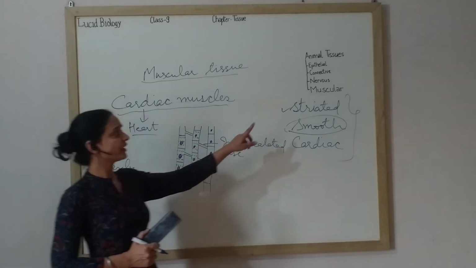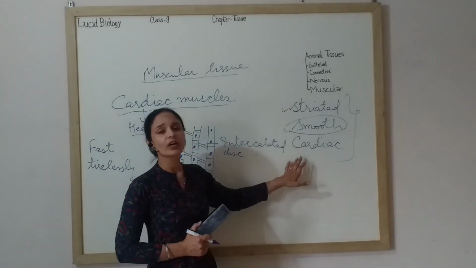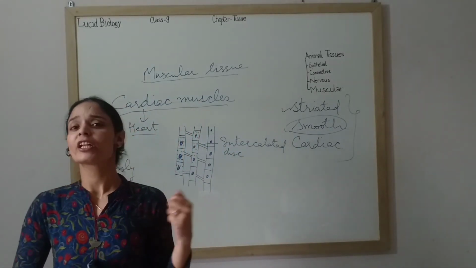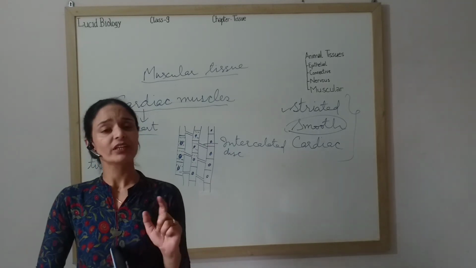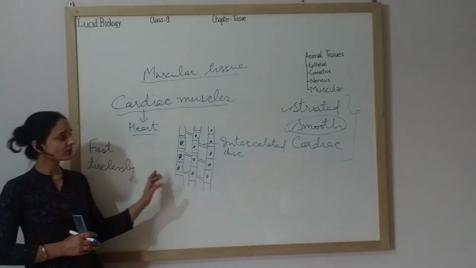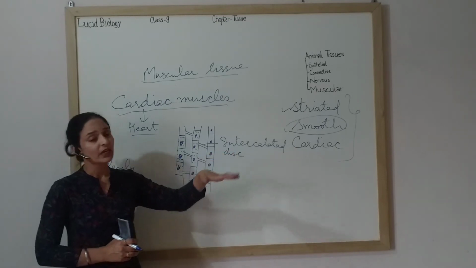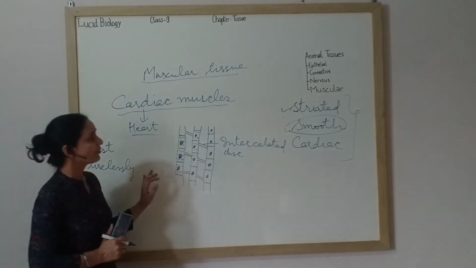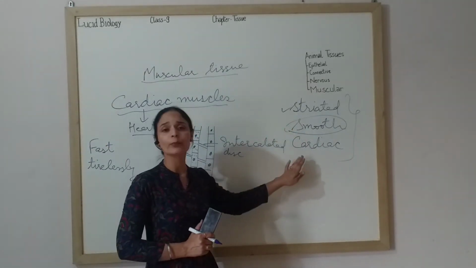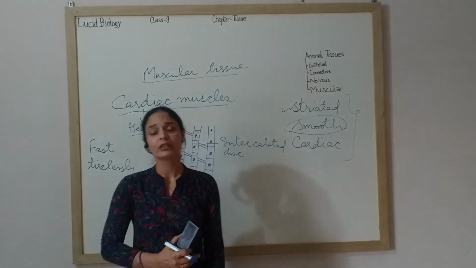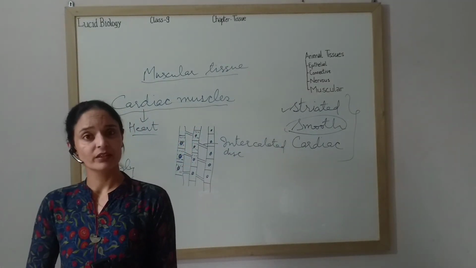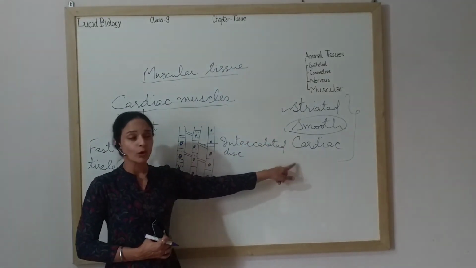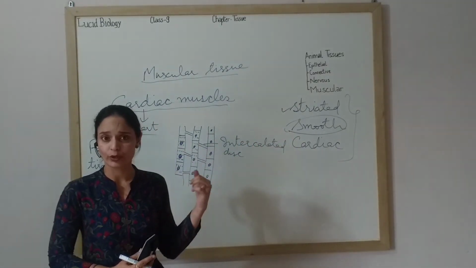Now we have done three types of muscle. Now let us note down the basic differences, because normally this question is asked: differentiate three types of muscles diagrammatically. If it is asked diagrammatically, it means you just give the headings of striated, smooth and cardiac muscle, and you are supposed to make only a labeled diagram. But if it is asked simply to differentiate three types of muscle fibers, or differentiate striated, smooth and cardiac muscle, then you are supposed to mention all the points on the basis of which these three differ.